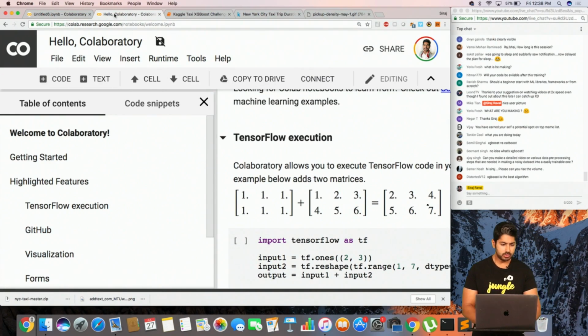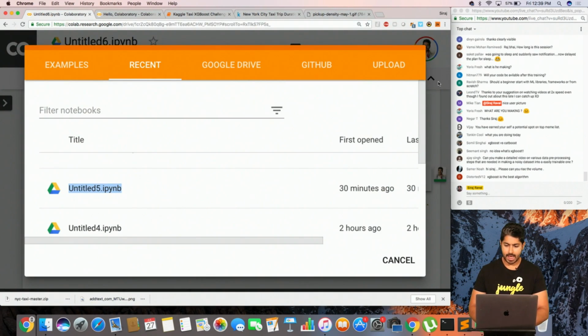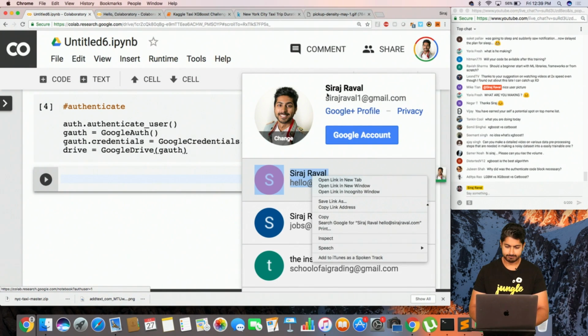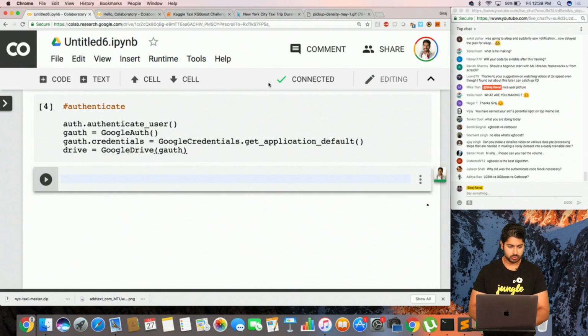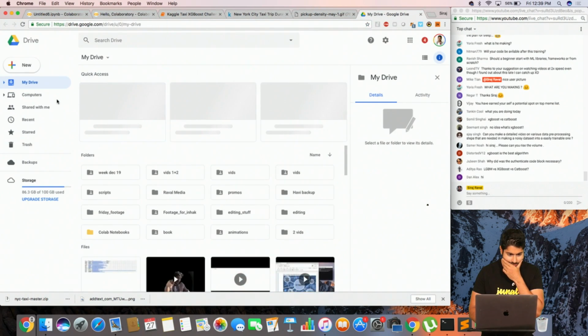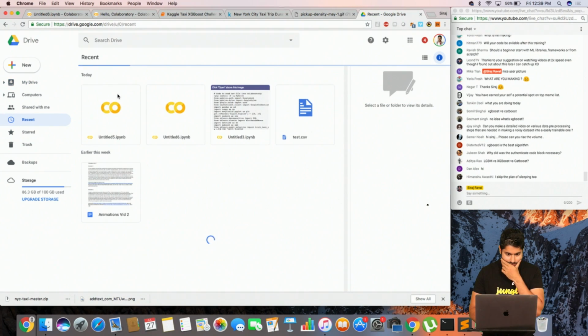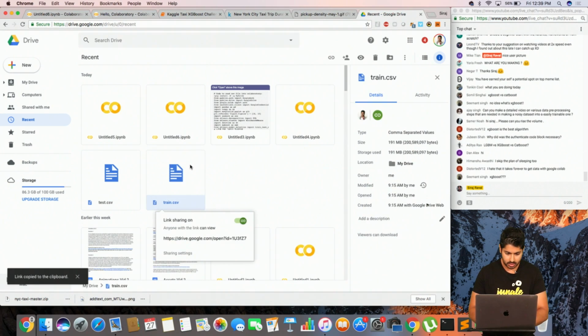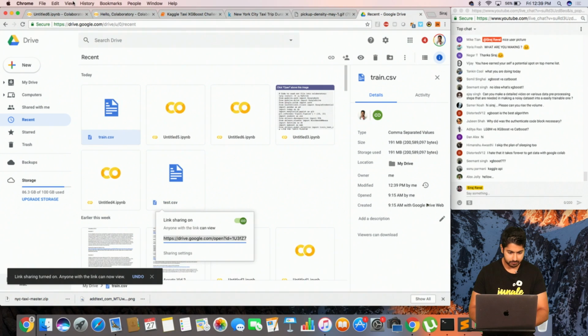Okay, so I need to import some data that I have. So I'm going to go to my Drive account, drive.google.com. Make sure it's all good in there. Recent. What do I got here? Okay, so test and train.csv. I'm going to get the shareable link for train.csv.